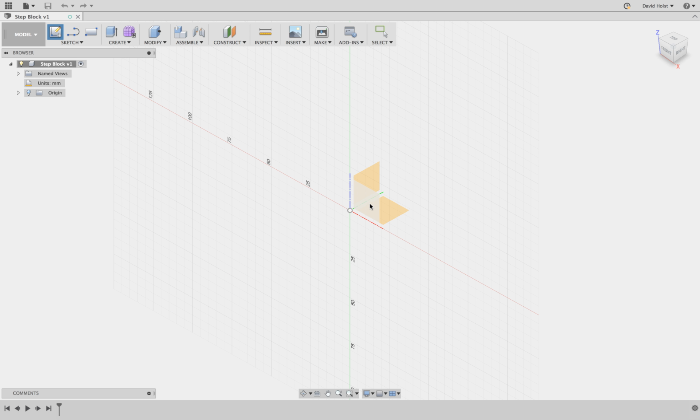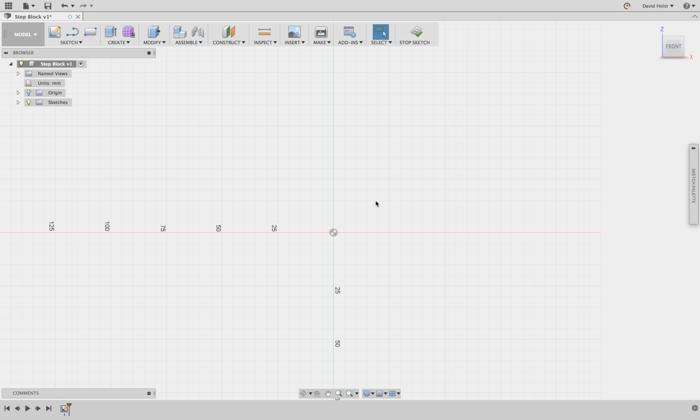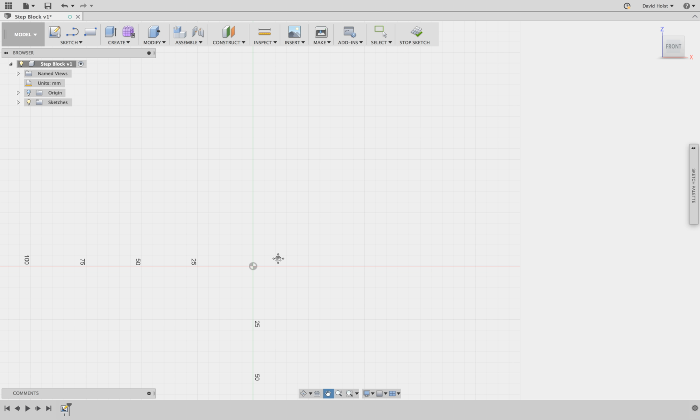So I am going to select this front face here. And I'm going to do that one. And that's going to bring it round. I know I'm on the front because it's changed up here. And I'm going to start drawing this little step block that I'm going to be making. So the first thing we're going to do is we're going to do a line. Now the shortcut to do that is if you hit L,